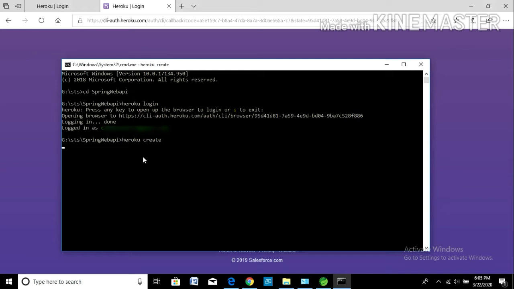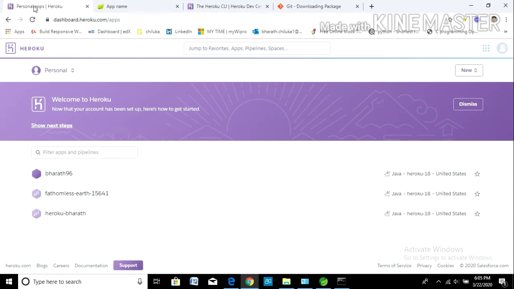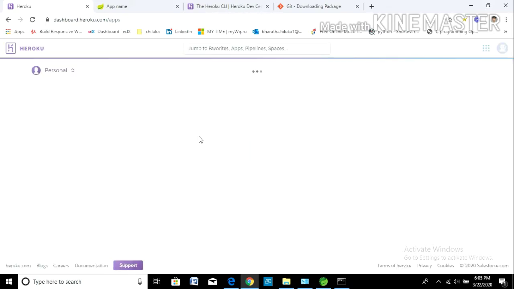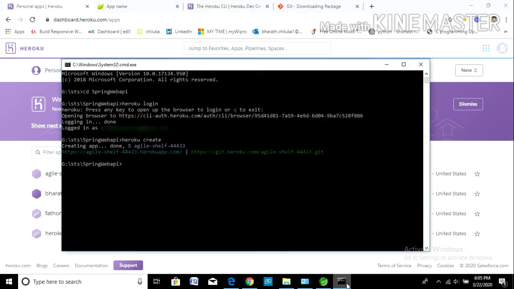Now we need to type heroku create. It will create a sample project with a sample name. Just go to our platform and refresh. You can see the sample application name which was created.